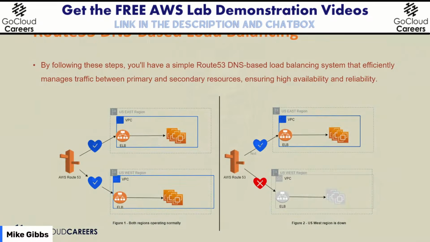So here's a graphic that someone from my team, I think, drew. On the left, we see an environment that's healthy. The DNS is going to say send it to your two different regions. Send half to US East and half to US West. Now, in figure 2, it's load balancing between AWS regions. You can see that US West had an outage, and it's going to send all traffic to US East. So that's really what we're talking about here.